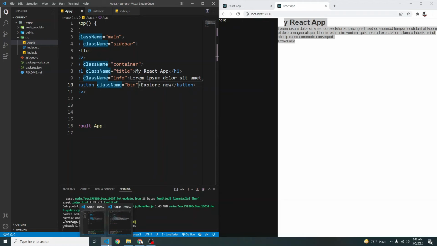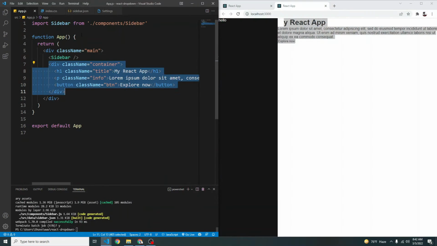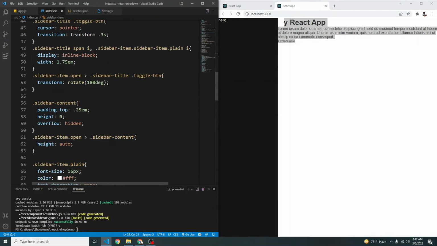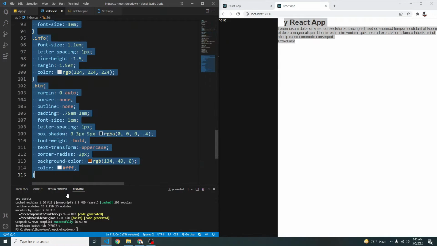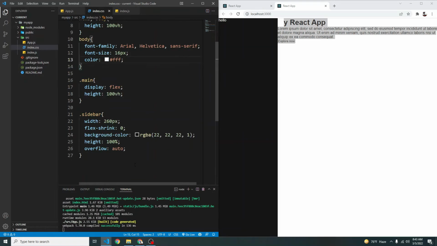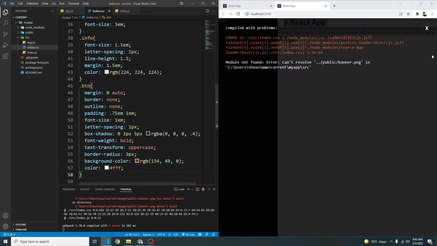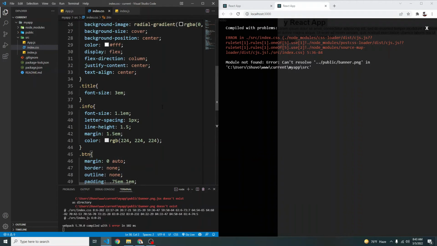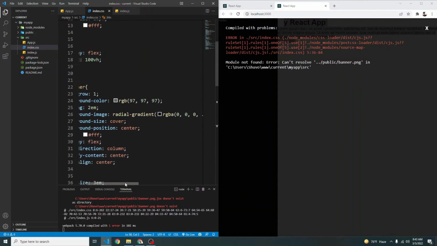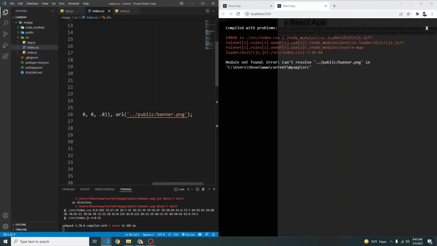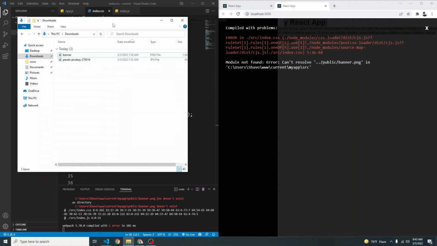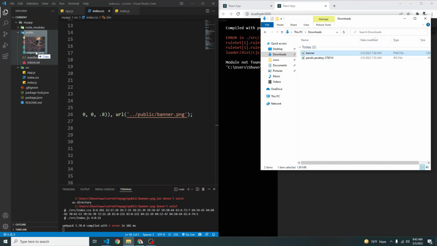And let's also copy the CSS to save our time. I think this is our finished project, and from here I'm going to copy the styles for our container. So Ctrl C, minimize. Let's go here and we can paste it, let's say above our sidebar. Ctrl V, and we have an error. That is because, as you can see, if I scroll up and about here, we're trying to access an image from our public folder, but in our public folder we don't have that image yet. So I'm going to drag and drop the image, which is this image here.